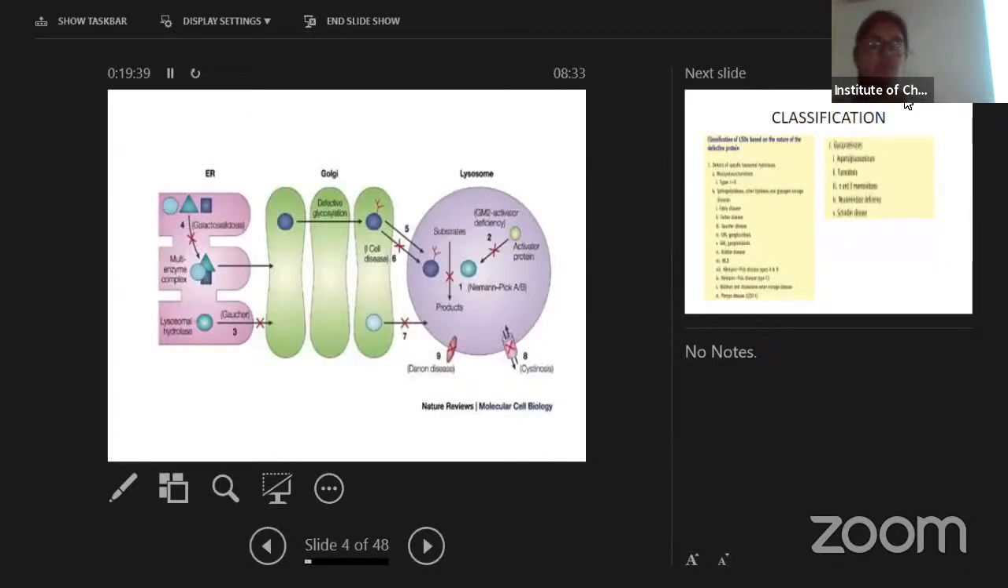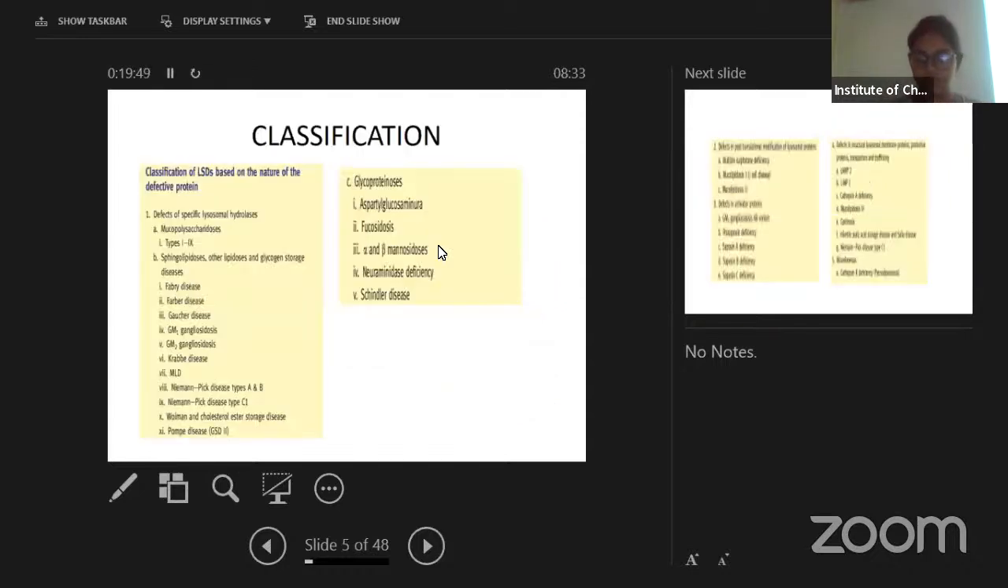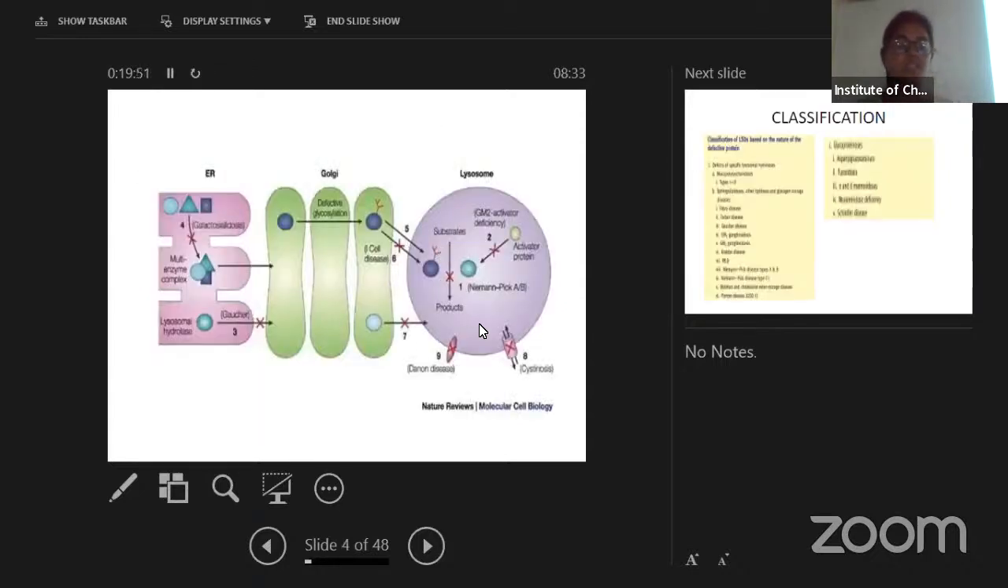This is the picture, and we know this is the rough endoplasmic reticulum. This is the Golgi apparatus, and this is the lysosome. As we know, acid hydrolytic enzyme is mainly stored in the lysosome, but it is synthesized in the rough endoplasmic reticulum, and it is transported to the Golgi apparatus for packaging into vesicle form, and then at last it is stored in the lysosome. So any defect from the synthesis to the storage can lead to lysosomal storage disease,